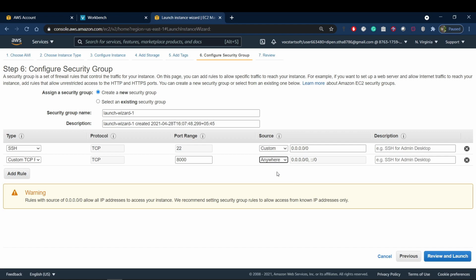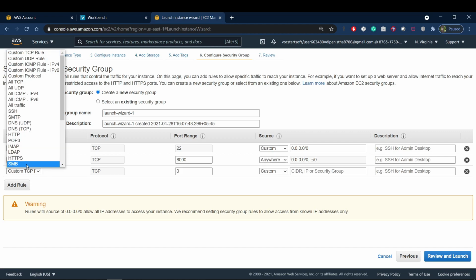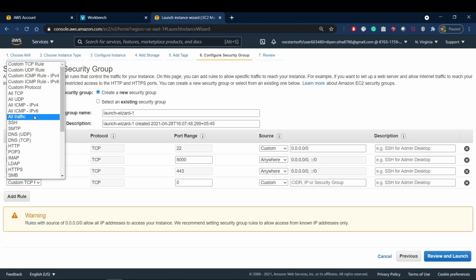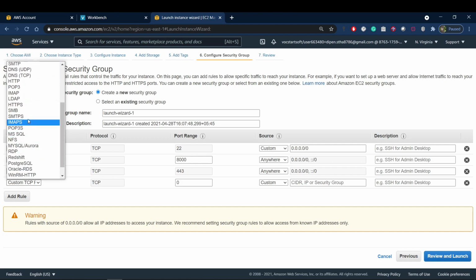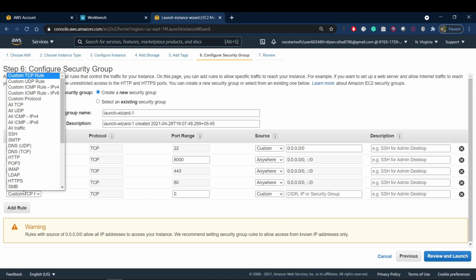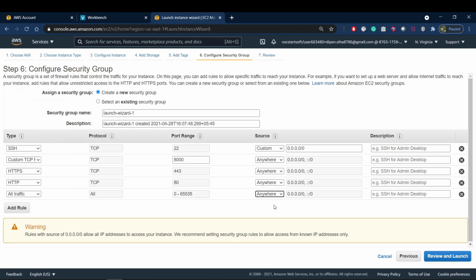And here you can keep anywhere. Also add a rule, add HTTPS and anywhere, and HTTP, anywhere. And finally, all traffic and anywhere.